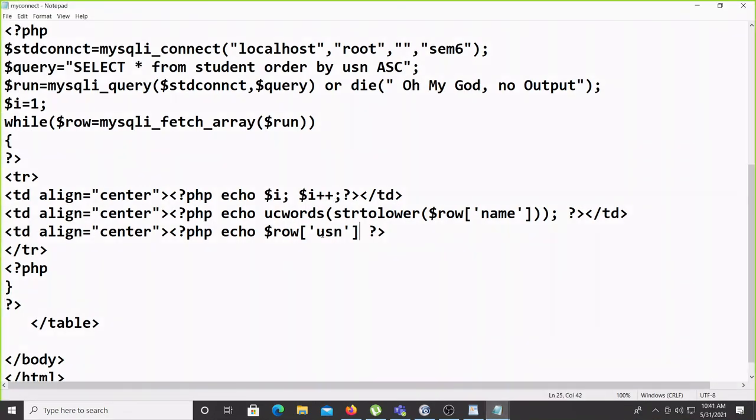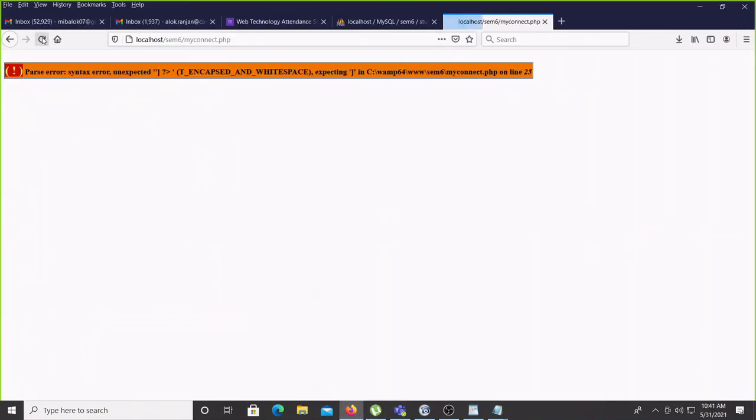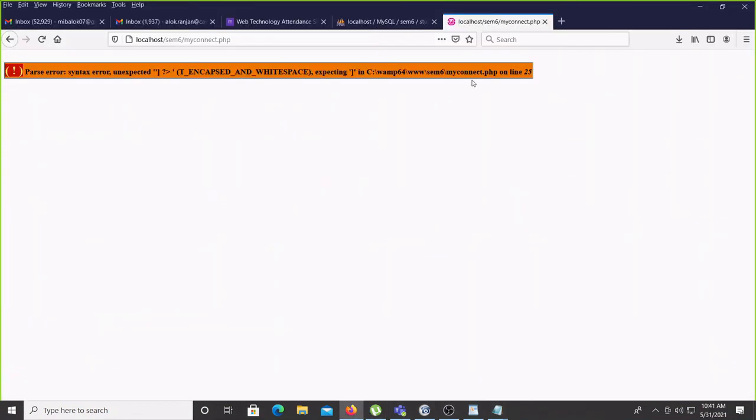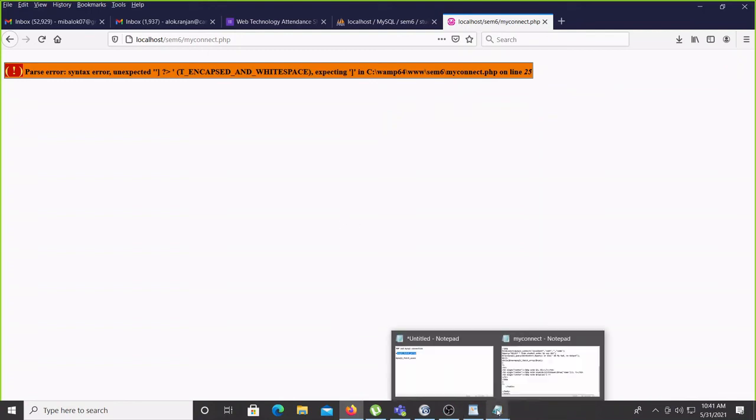Local system. Yes, here you see I did one mistake in the code here, one single quote again I remove, then you see we'll get this kind of error message. Even you cannot see the HTML code also.